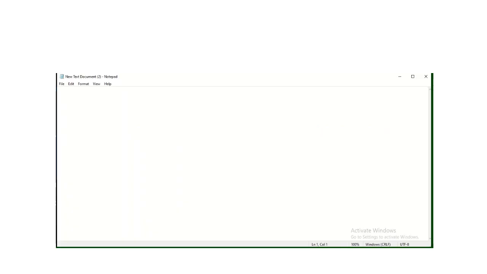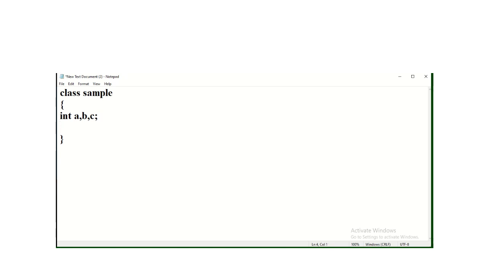So open a notepad file. In that file, class name, suppose Sample. Now in this Sample we will declare variables int a, b and c.